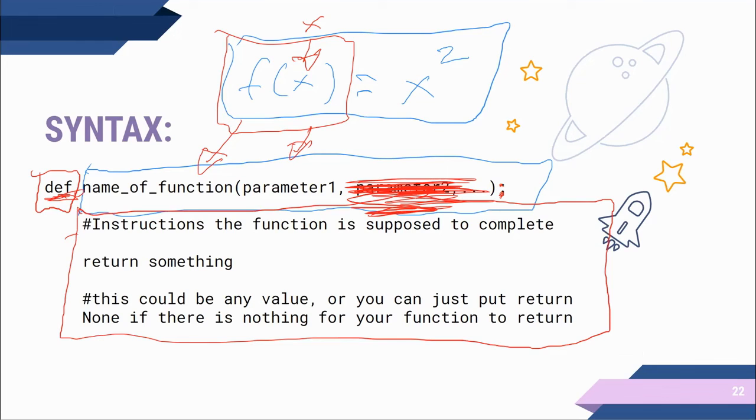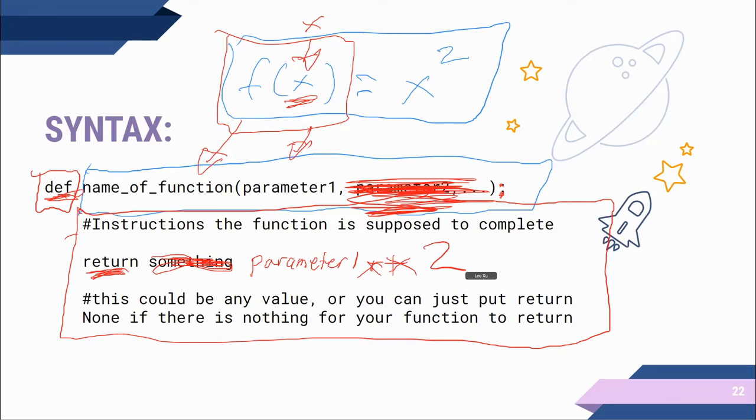What that means is everything that's indented below our def keyword is basically going to be what that function can do. Going back to our mathematical example, you can see that in the math it takes in an input x and gives you x squared, or rather it returns x squared. To implement that same feature in our actual Python code, we can use this return keyword and say return parameter 1, which is the same thing as x